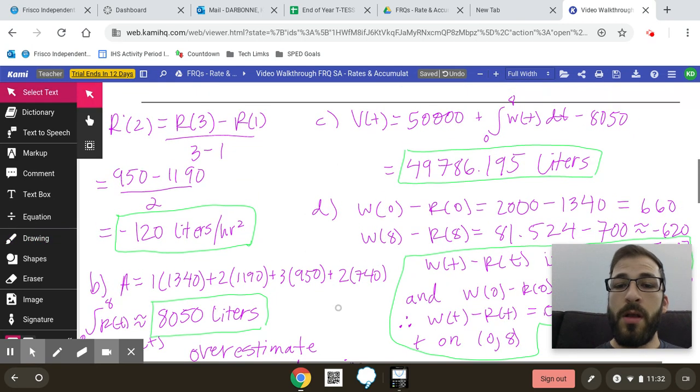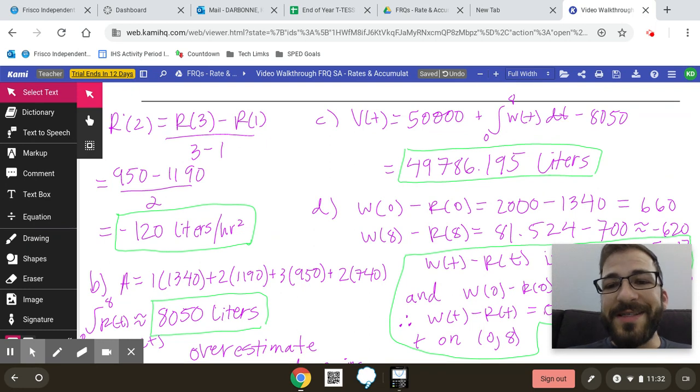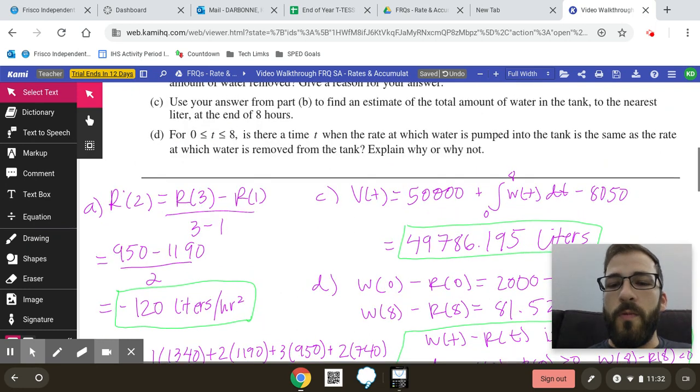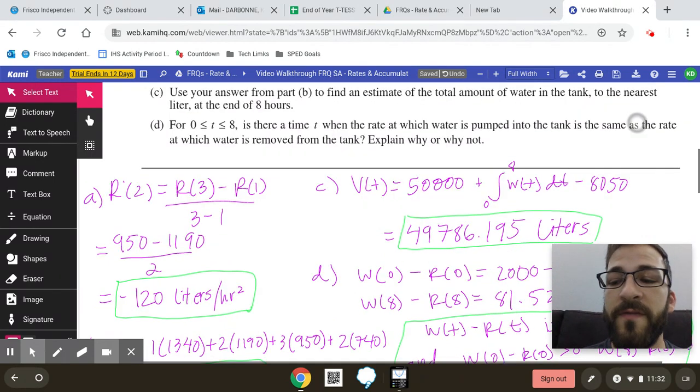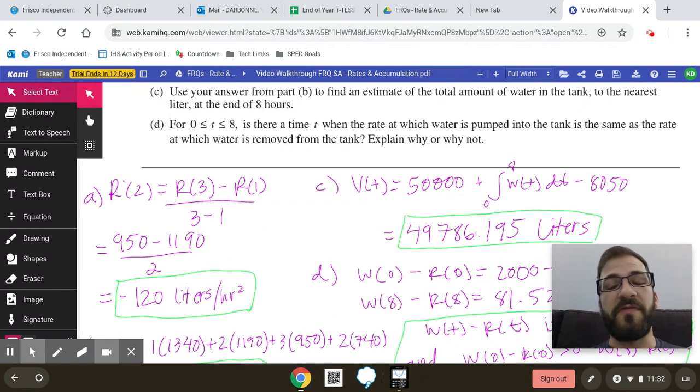All right. For part C, V of t is equal to 50,000. We are trying to estimate the total amount of water in the tank. So we accounted for the original amount of water in the tank, which was 50,000 at time 0. We added the integral of the rate of water entering, which gives us the amount of water that goes into the tank over those 8 hours. And then we took away our estimate for the amount of water that is being pumped out,